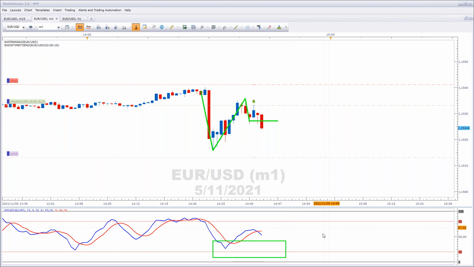We need that stochastic to get to 20. Okay, so we cut this down now to just a 3 pip stop loss.